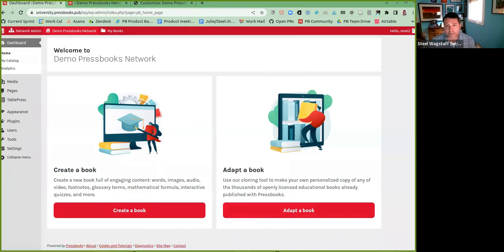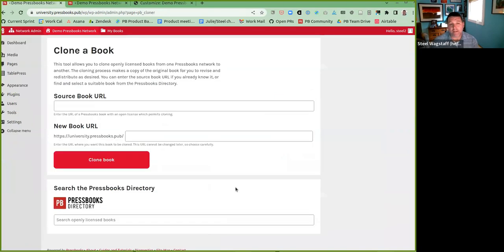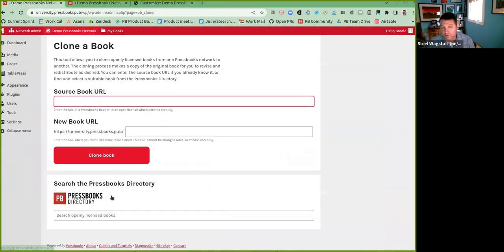We also rebuilt the Adapt a Book page. So if you go to the Adapt a Book link, it's the book cloner. And this is going to help you clone a book. So we give a little preface that describes what cloning is. We prompt people for the source URL and the new book URL. But a really cool and interesting new feature we built was we allow people to search the directory directly from